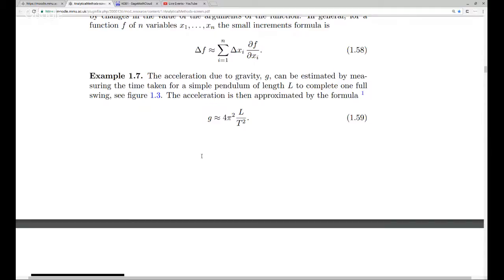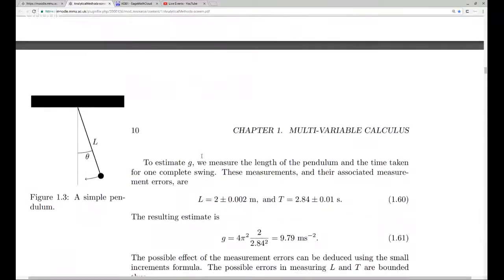Now, by observation, you can get a very rough approximation for the acceleration due to gravity here on the surface of the Earth, and everybody probably knows the approximation 9.8 meters per second squared. But just by simple observations, you might estimate that as something close to 10, right? But if you want to get a very accurate estimate of it, you want to measure very carefully and have some kind of rigorous experiment. So one of the early experiments that they did for working out this acceleration due to gravity was